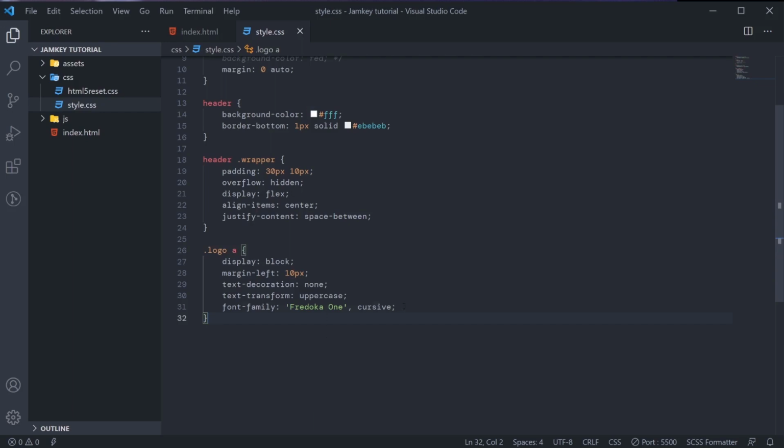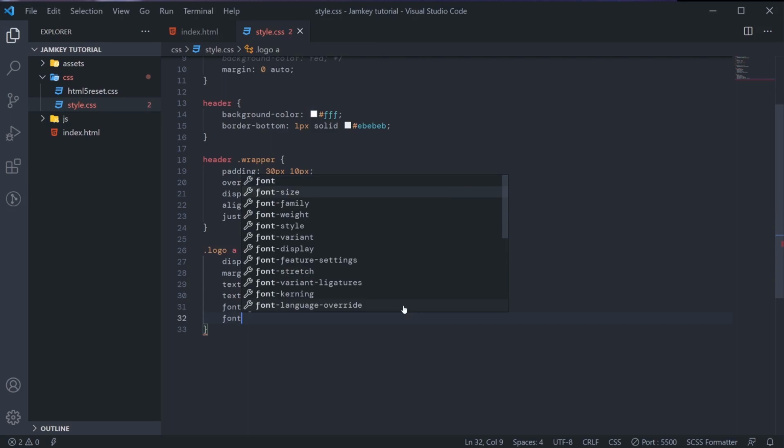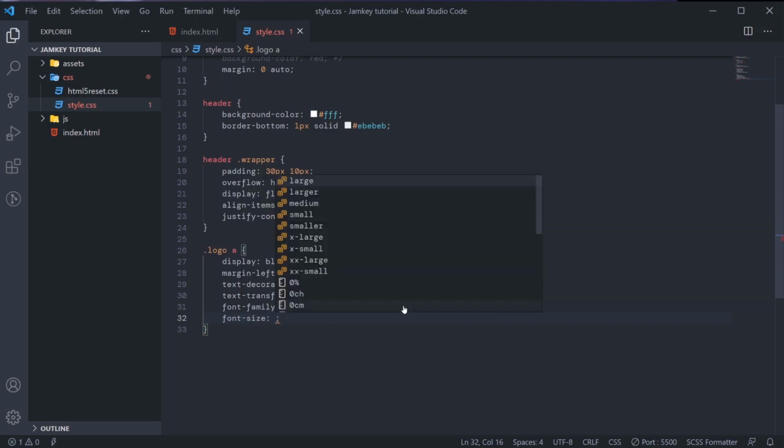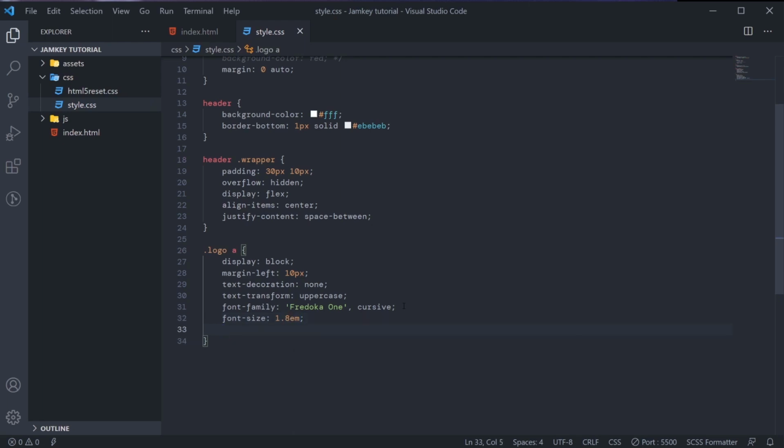So now what we'll do, we'll increase the font size. We'll set the font size to 1.8em. Then font weight 600. We need to say that the font is already big.